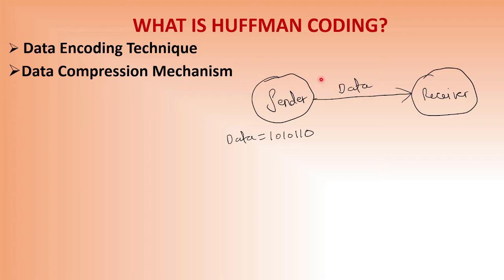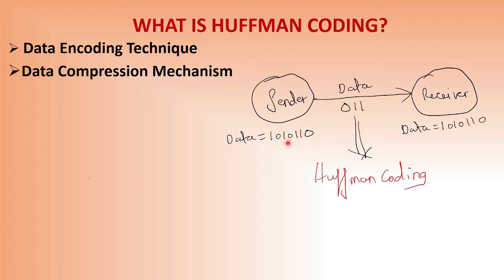For example, here there is a sender and there is a receiver. The sender is the one who sends the data and the receiver is the one who receives the data. Now the data to be sent is, suppose, 10101110. Inside the computer everything gets converted to 1 and 0. Suppose you are using WhatsApp and you want to send the message "hello how are you". Then that message gets converted to 1 and 0 inside your cell phone. So this data is to be transmitted to the receiver side. Using Huffman coding you can compress this data if you want to make it smaller in size.